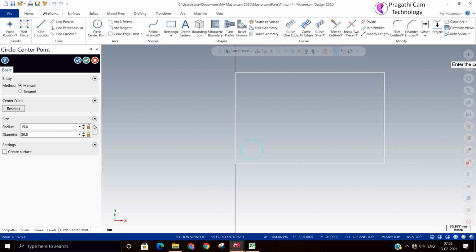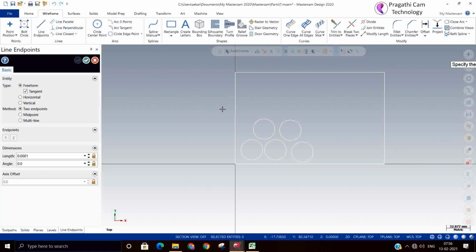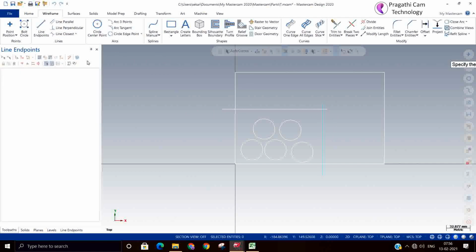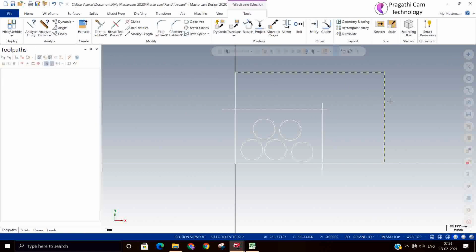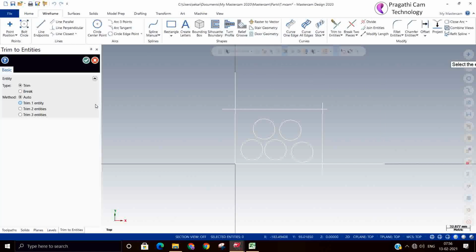I'll make one small example to show you the by depth option. Now I want the outer profile.